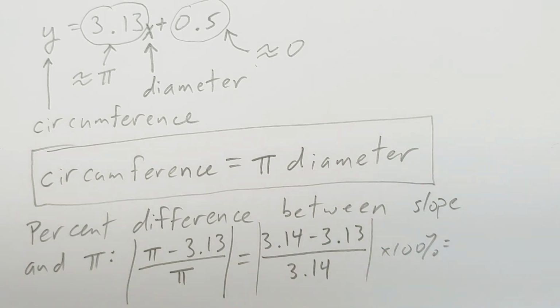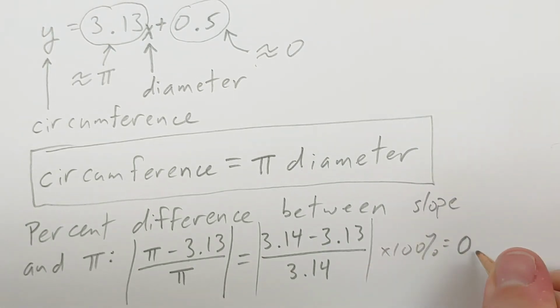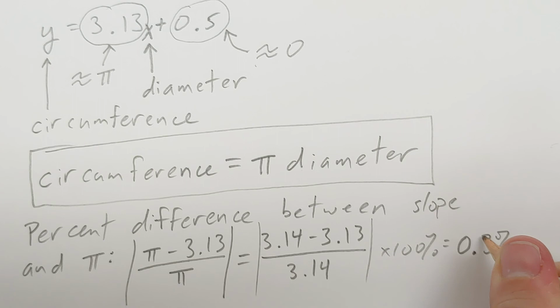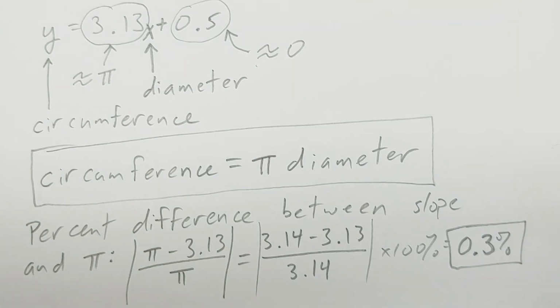Times 100%. Since it's going to be a decimal, I want to convert it to a percentage. That's going to be, well, that's pretty good, 0.3%. And so I figured out that